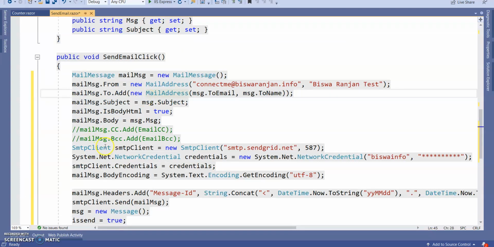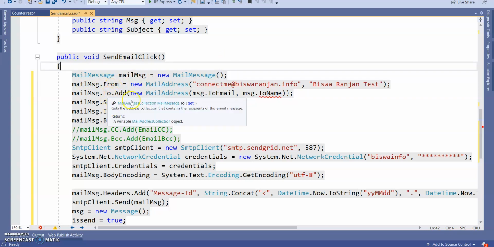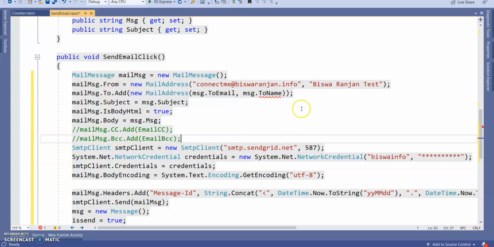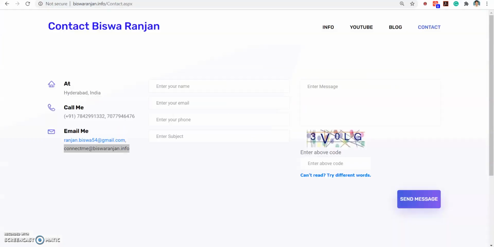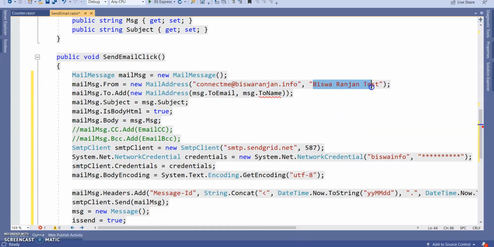So here what I did, you can see I created an object of the mail message class. It's a system class. Next, I'm just adding from, to, subject, email like this. So from I'm adding this connect me at biswaranjan.info. So this email ID is in from, and this is the from name.